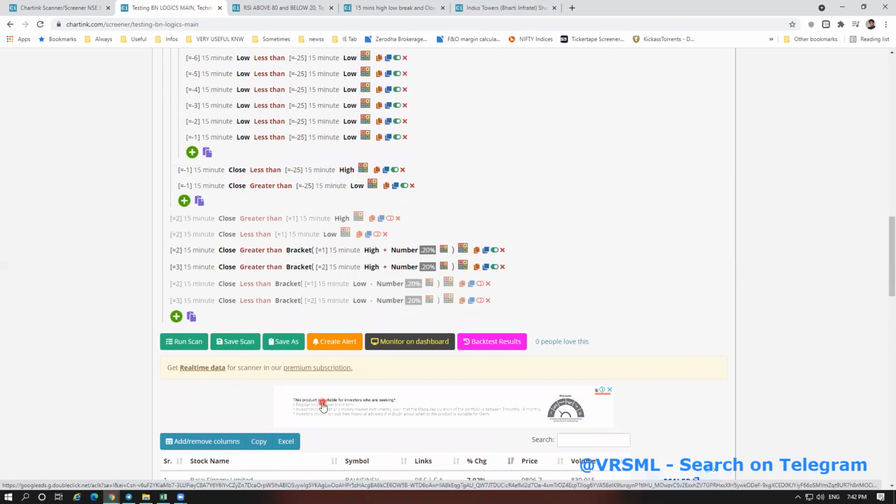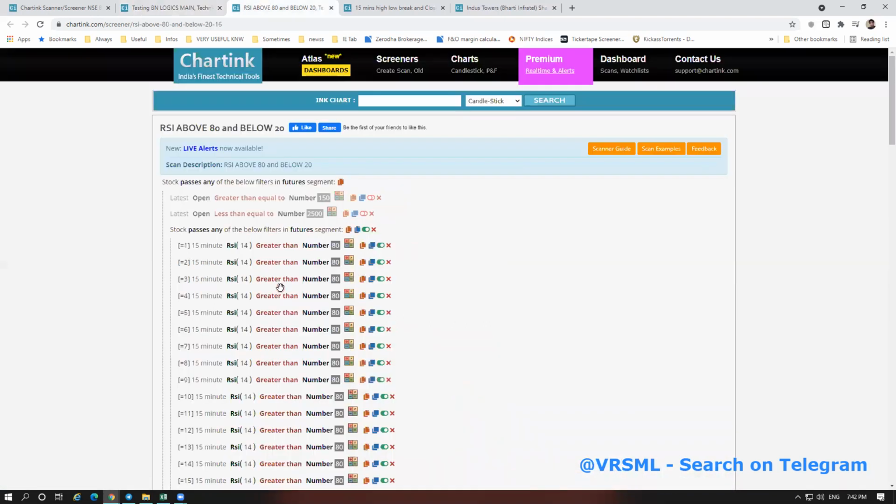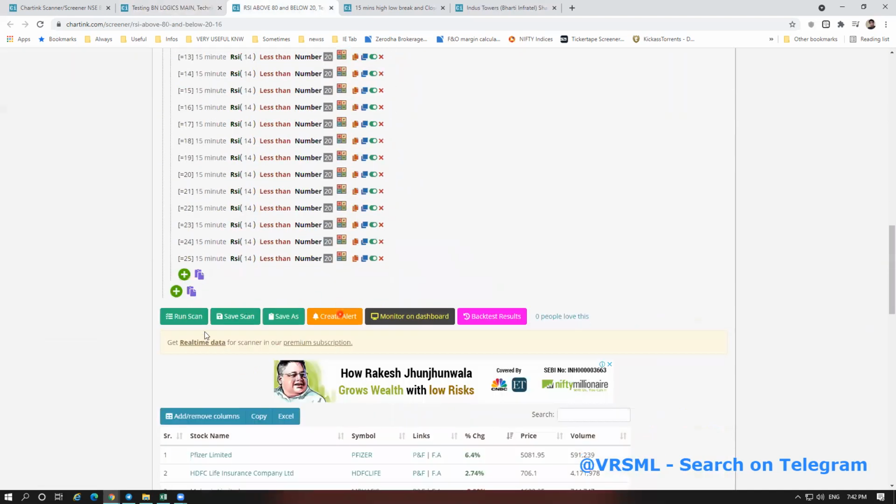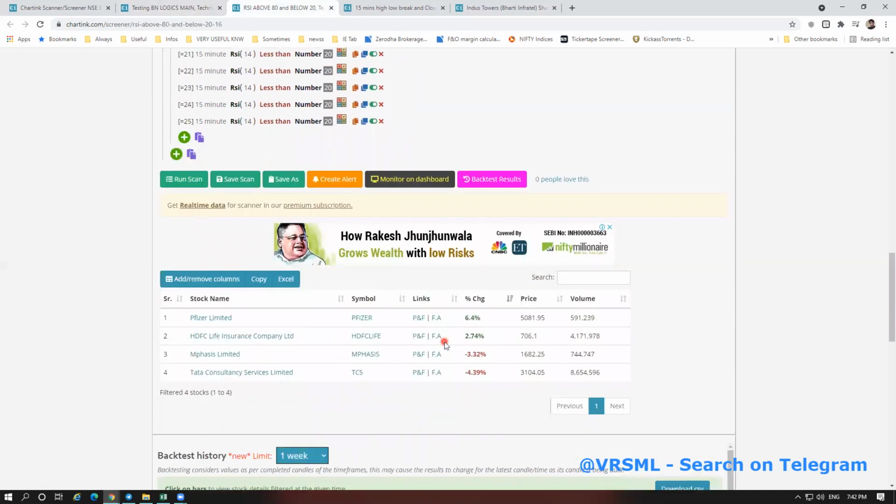So moving on to the third scanner, the RSI part that I explained in the first video. I have already made a video on RSI, you will find it in my strategies link. Basically you just have to run a scan and you will find all four stocks, which break above 80 and below 20. But with four stocks, how do we guess which is which? This is easily guessed: this one should be RSI below 20, and this one is RSI above 80.